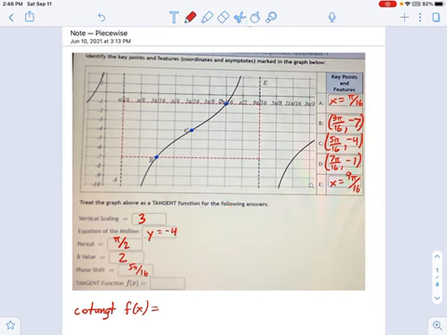The shape of a tangent function is this, right? Unless it's been transformed to a negative tangent function. But the shape of a cotangent function is this, right? It starts high and it goes down like this. So we can see that we're kind of flipped upside down from that. So at the very beginning, I know that my tangent function compared to my cotangent function has to have a negative sign in the amplitude or the vertical scaling.